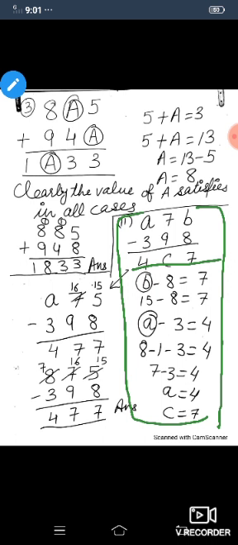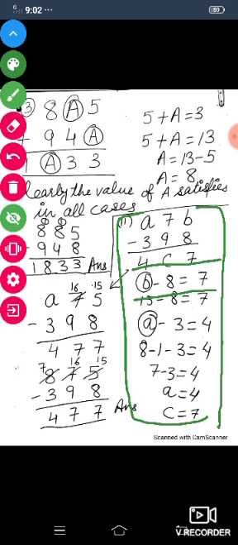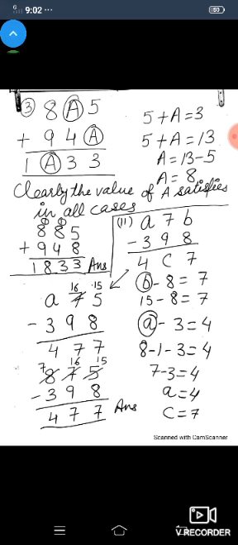For the first part, B minus 8 is equal to 7. Now something is subtracted from B and the answer is 7. Then 8 is subtracted, so it is natural that B should be greater than 8. Let us take B is equal to 15 because 15 minus 8 is equal to 7. So our B is 15. So instead of B, we will write 5.